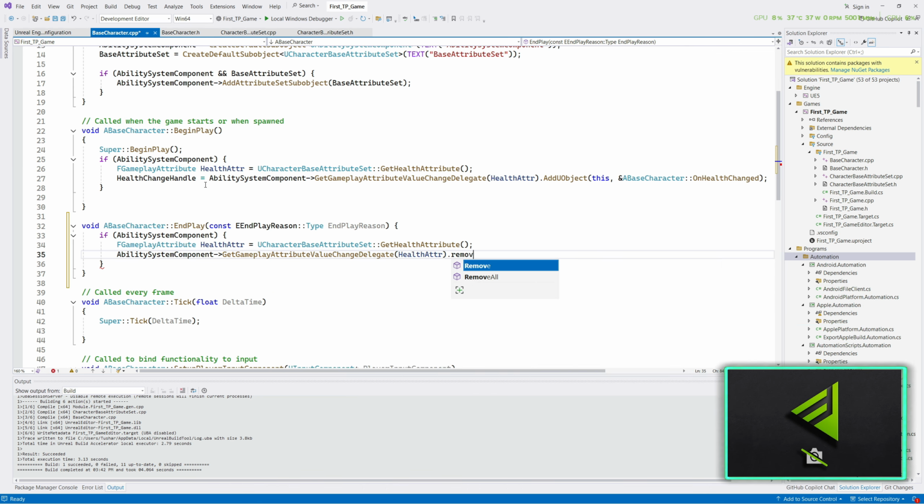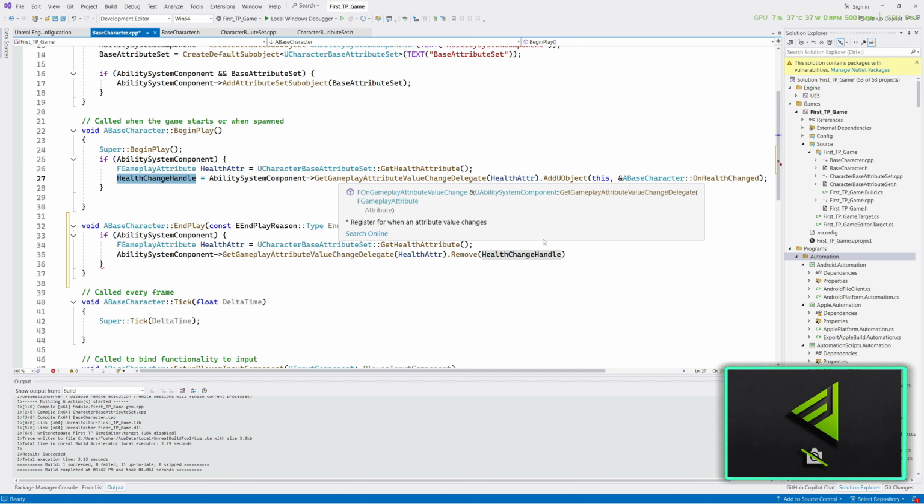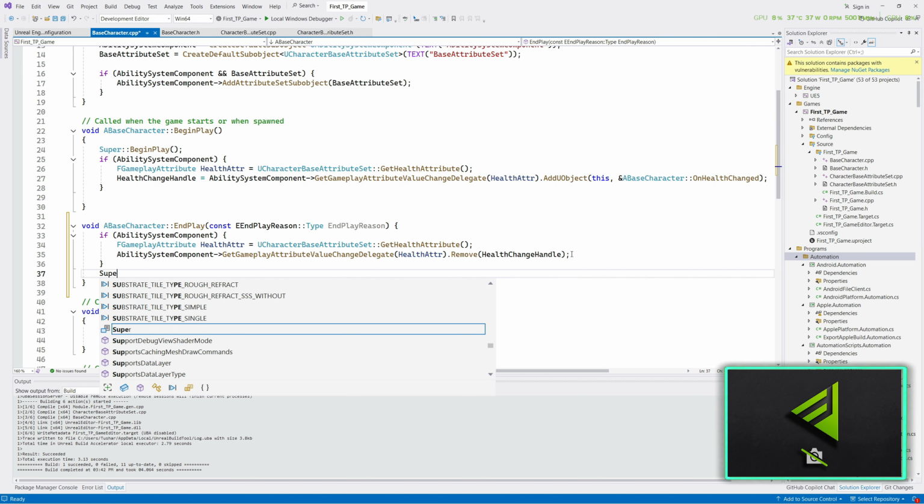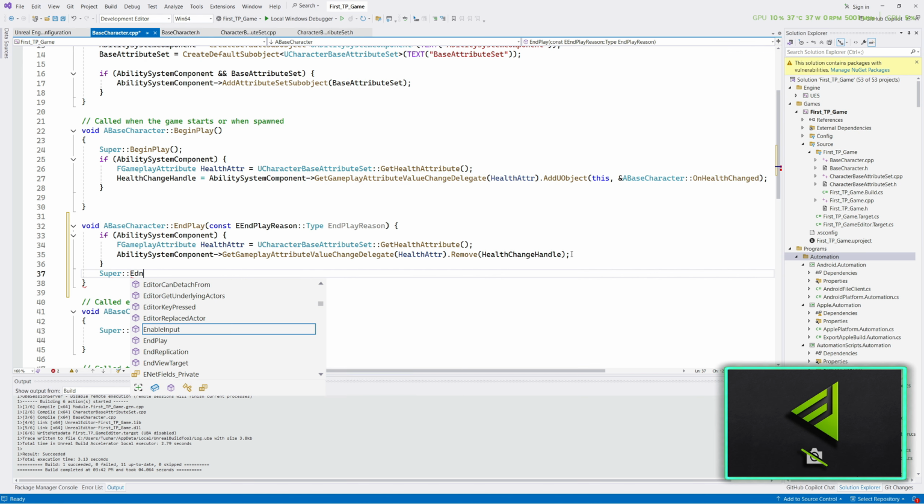And I would like to remove. What is it that you want to remove? The health change handle, where you have the reference of the binding. So we are going to do this. And once this is done, then we would like to call the end play